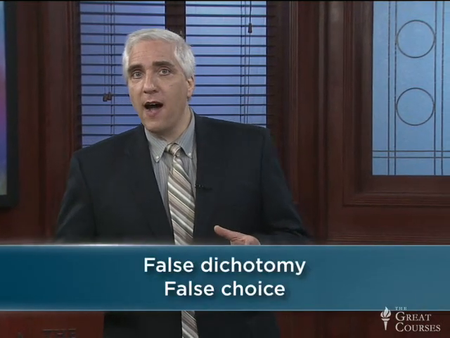Another very common logical fallacy is the false dichotomy or false choice. This results from prematurely or artificially reducing the number of possible outcomes or possibilities down to just two, and then making the false choice between those two. If not A, then the answer must be B. But this ignores that, well, maybe C